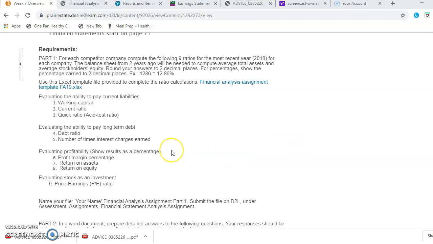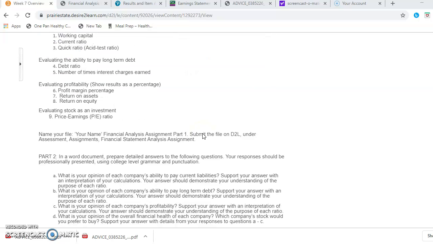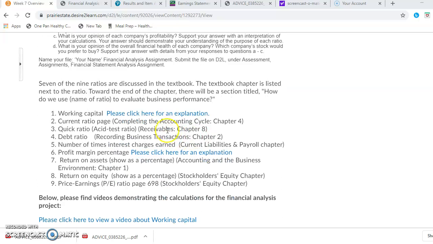And so when you look at a company's financial statements, we know that the income statement is going to show you the net income. We know the statement of retained earnings shows you how retained earnings change during the period. We know the balance sheet shows the financial position of the company by showing you the accounting equation, the assets equaling the liabilities plus equity. But there's more information you can get by calculating a series of ratios. And so I have here